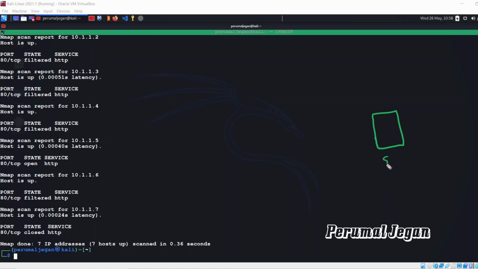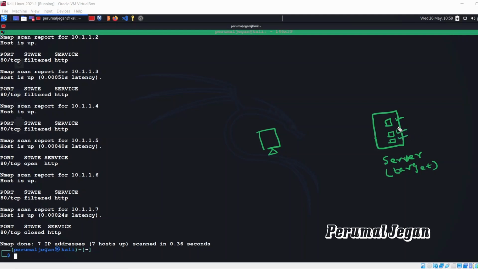Let's assume this is our target server, and I am here with my attacking machine. Before you send an nmap request from your attacking machine, your server must be listening on some ports.